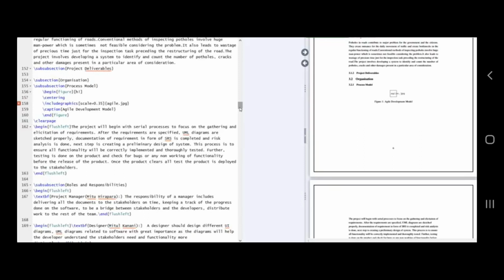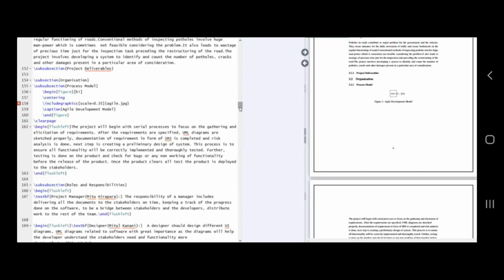Once you write this code, the image will be put in your document. With the help of the caption, you will get the caption, and since it is the first image, you will get direct numbering, that is figure 1. At the same time, this figure number and its page number will directly get added into the index of your document.